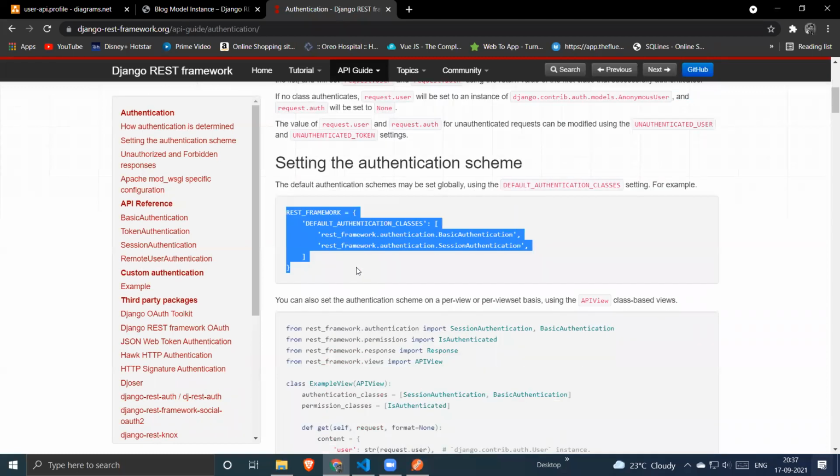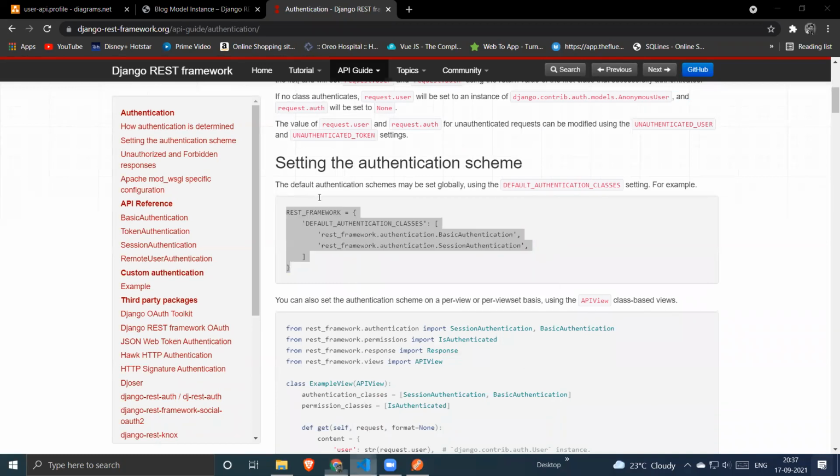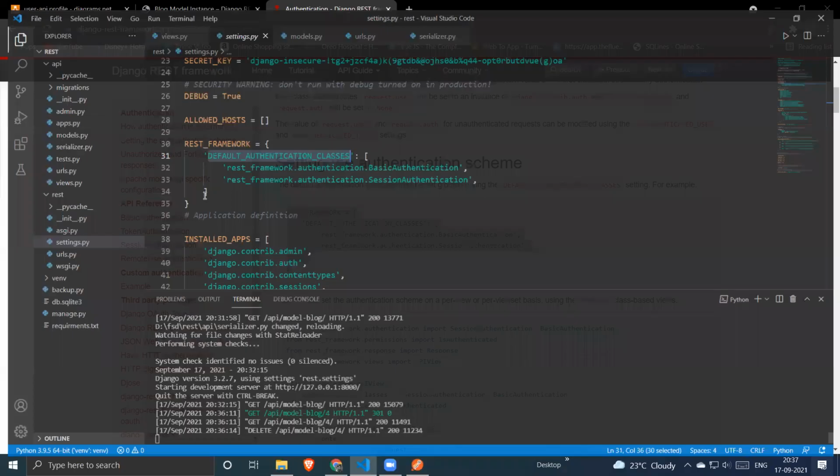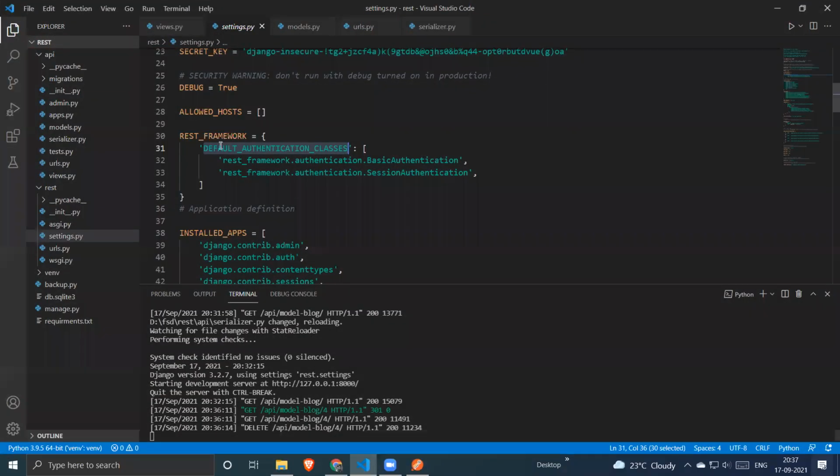This will be the same for every project. It doesn't matter what project you are using. If it has authentication, what you have to do is just copy this, paste in your settings.py file. So what these default authentication classes are actually, as we know, Django uses its own authentication function, right?